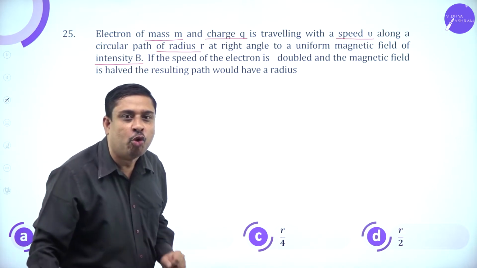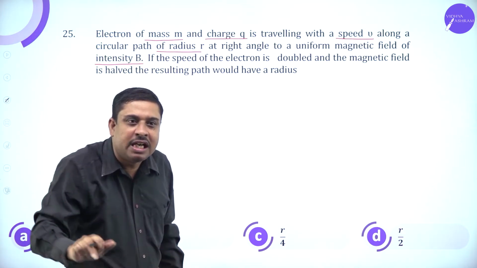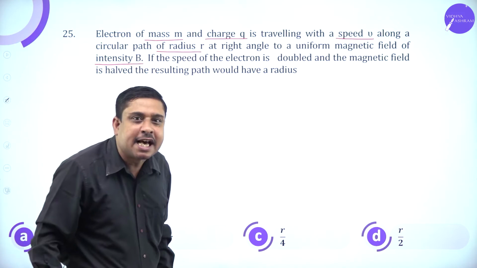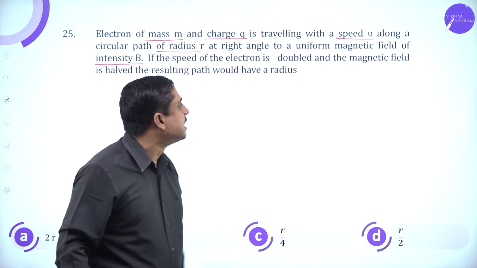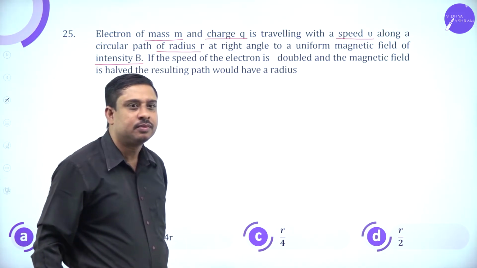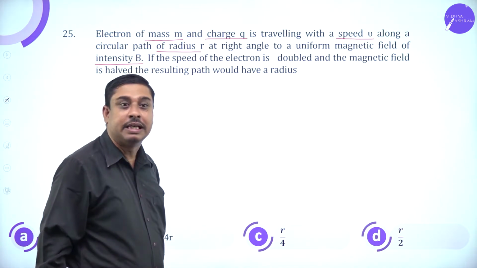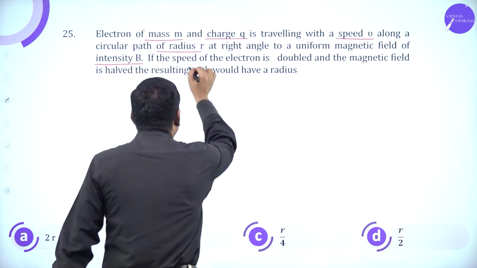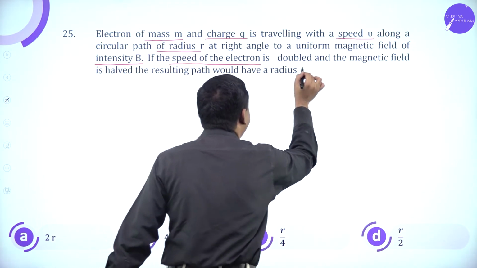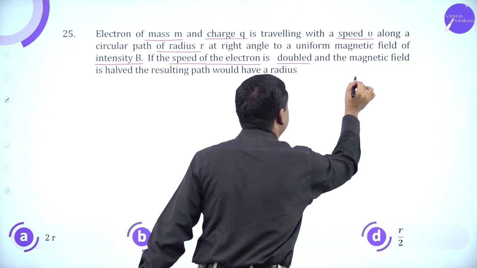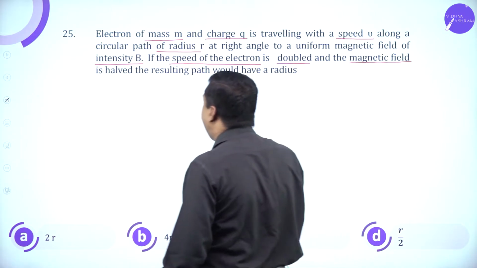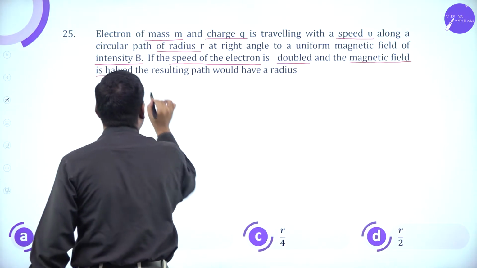Charge q is traveling along that circular path with the speed v. Strength of the magnetic field is b. Now, if the speed of the electron is doubled and magnetic field strength is halved,